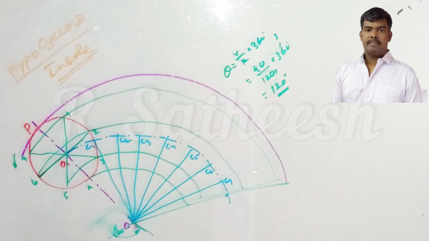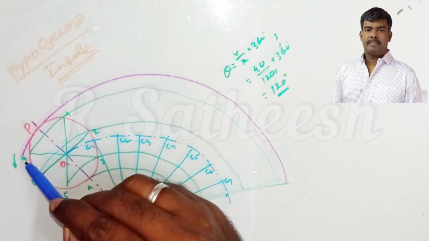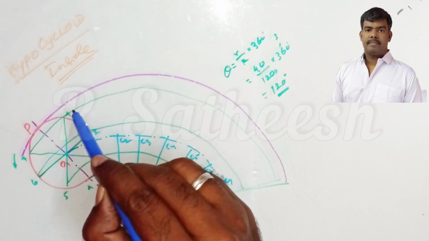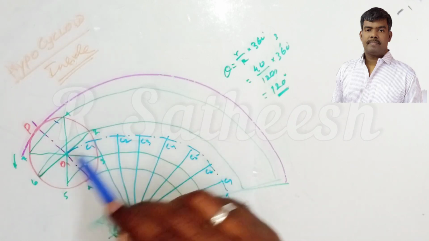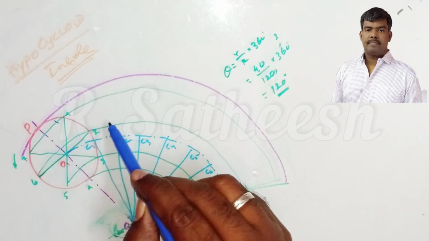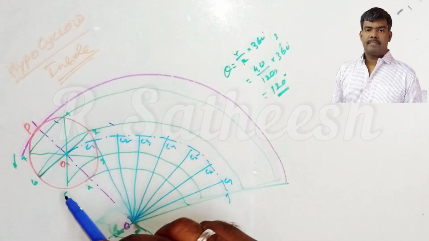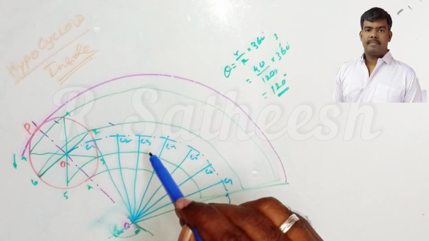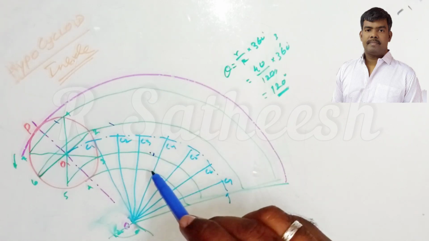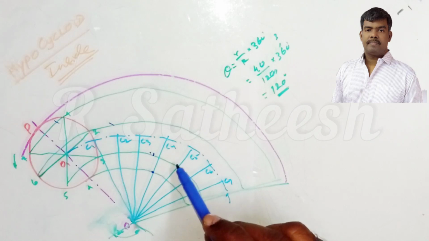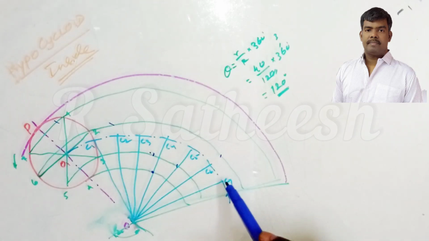C1 as the center, take 40 mm as the radius, because in this problem the 40 mm radius of the rolling wheel is given. So with C1 as the center, intersect the arc at contact number 1. So here is the 7 1 curve. This one is number 1. Next, C2 as the center, intersect the arc at contact 6 2, this one. Next, C3 as the center, intersect the arc at contact 5 3 curve, like this. Next C4, the fourth one. C5, C6, the sixth one. C7, the seventh one. C8, this one.